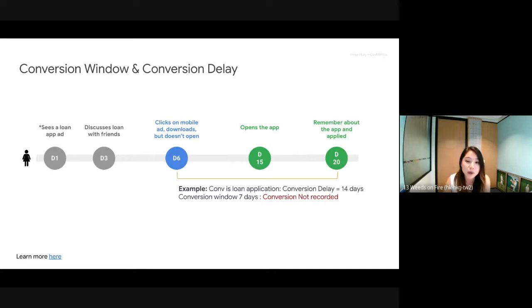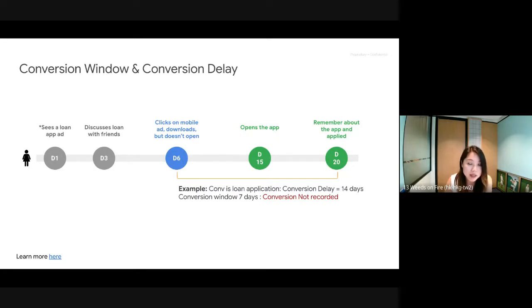So in this example, from day 6 to day 20, there is around 14 days conversion delay. Because after she downloads this app, she doesn't open it, and she doesn't apply until after 14 days. So if your conversion window is set to 7 days, this conversion will not be recorded in your Google Ads.